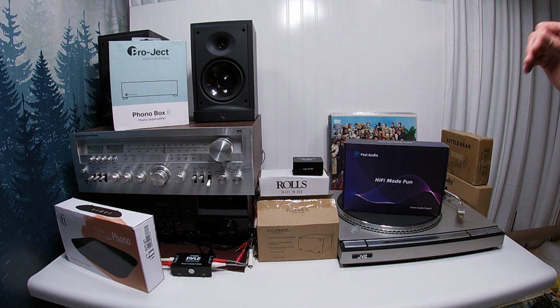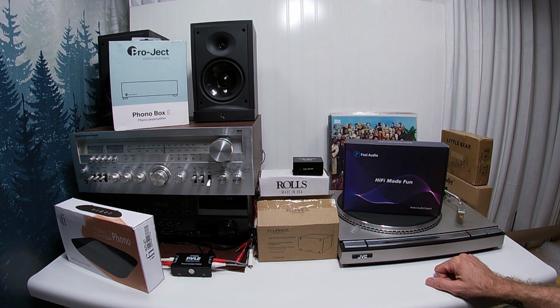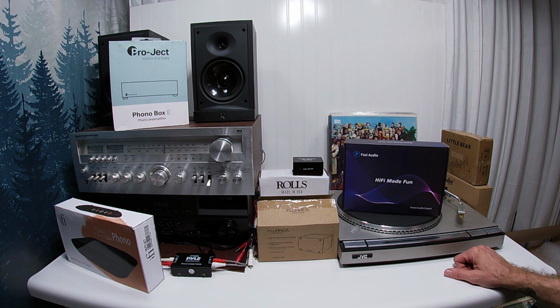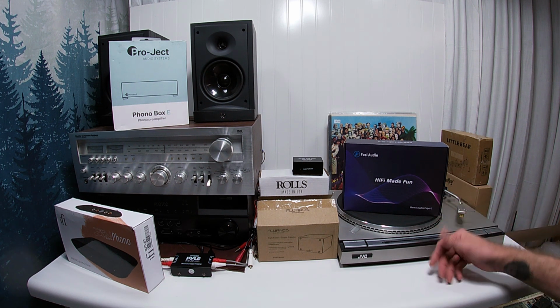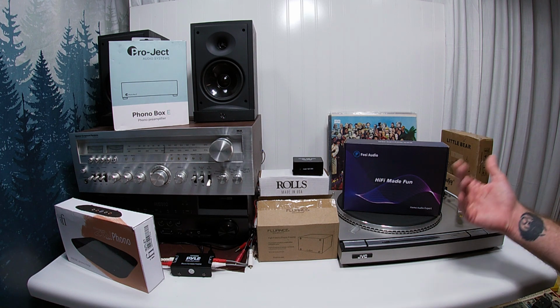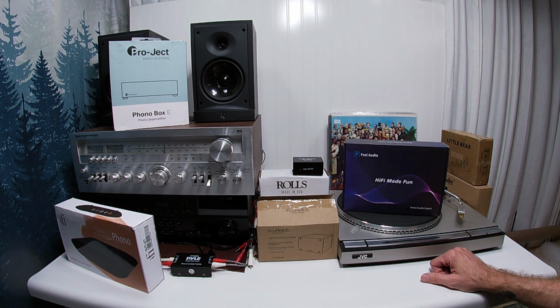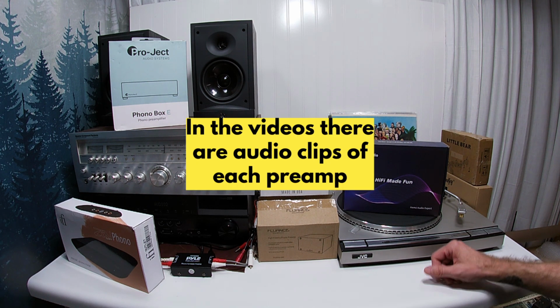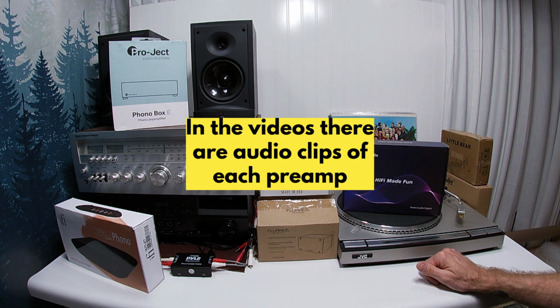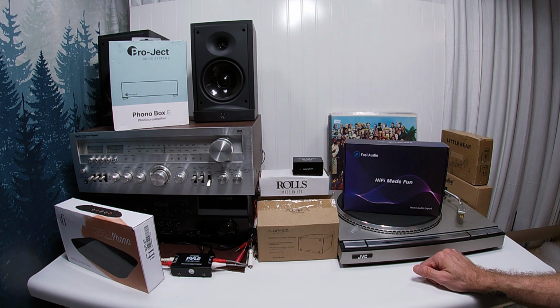So that's my review. Those are my recommendations. I loved doing this. It was a fun exercise. It did cost quite a bit of money, as you can probably guess. It was fun though. I learned a lot, and I'm glad I did it. There's nowhere around here to actually walk in and listen to any of these on a live album. So I hope that the videos help you if you're in that same situation where you can't actually sit down and listen to the difference between these and understand for yourself what it is that